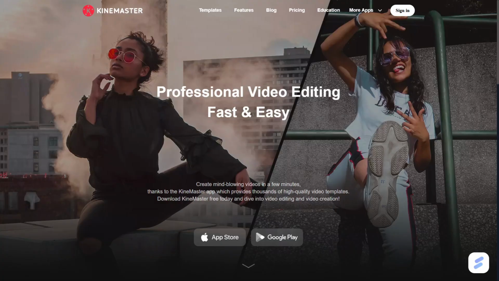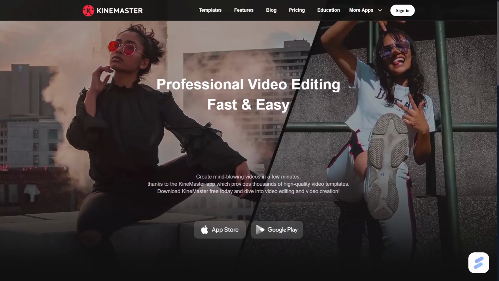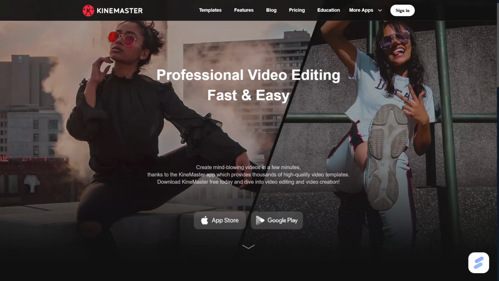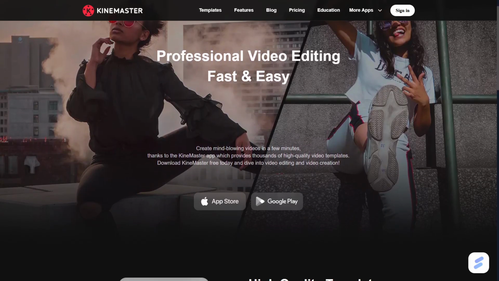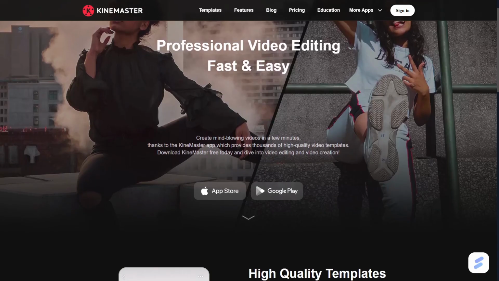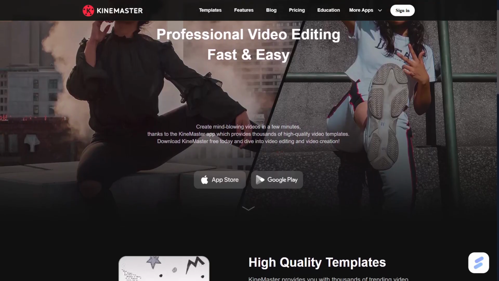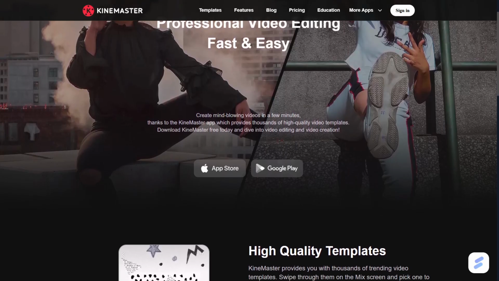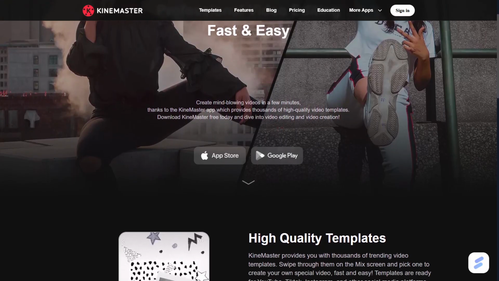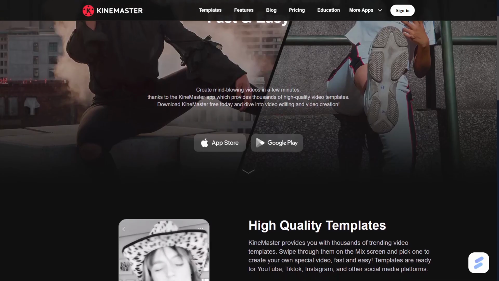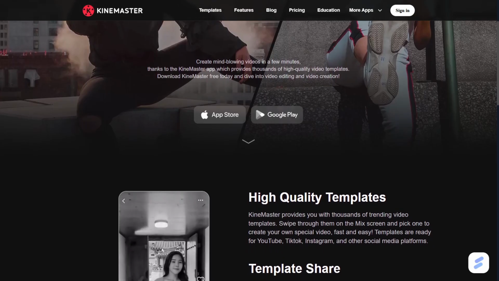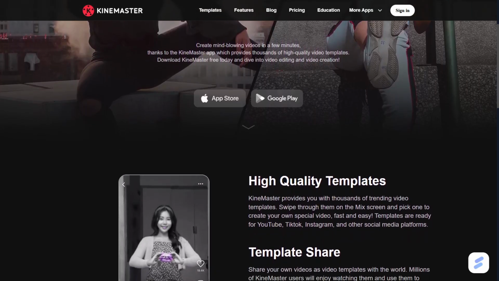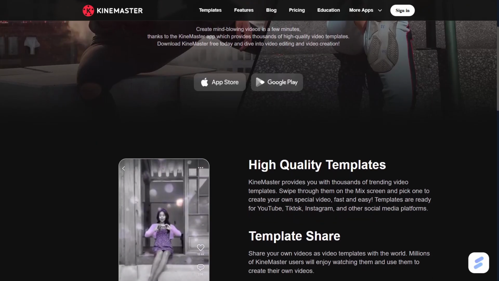KineMaster is a popular mobile video editor known for its intuitive timeline editing interface, making it accessible for beginners and pros alike. It offers a robust set of features including multi-layer video editing, blending modes, chroma keys, speed control, and extensive asset libraries like music and effects. KineMaster's straightforward drag-and-drop workflow allows quick assembly and fine-tuning of clips, ideal for social media creators, vloggers, and anyone needing